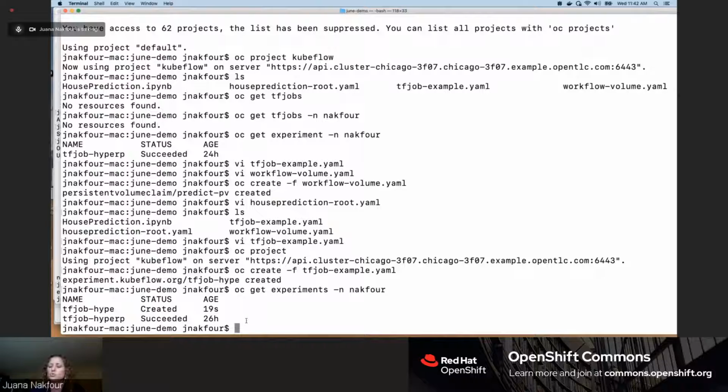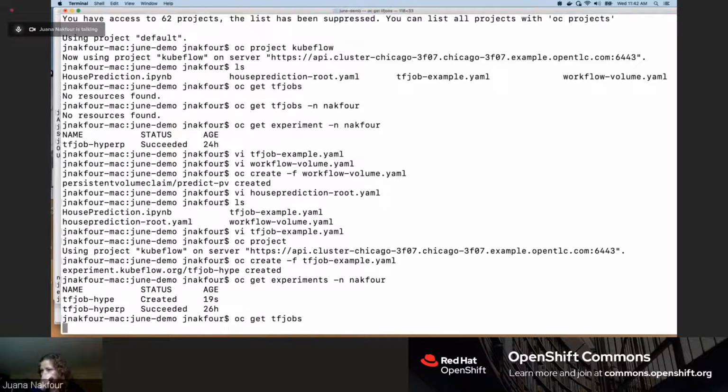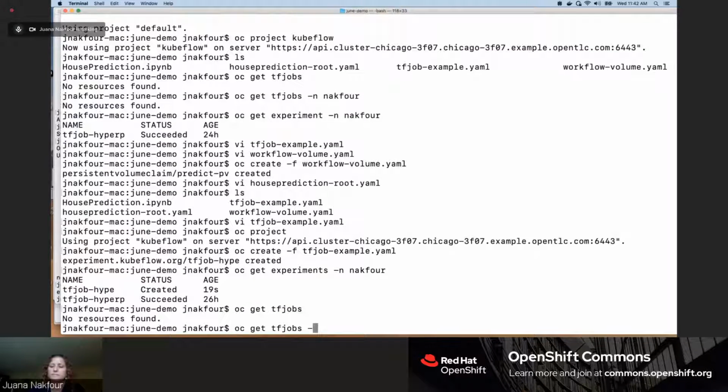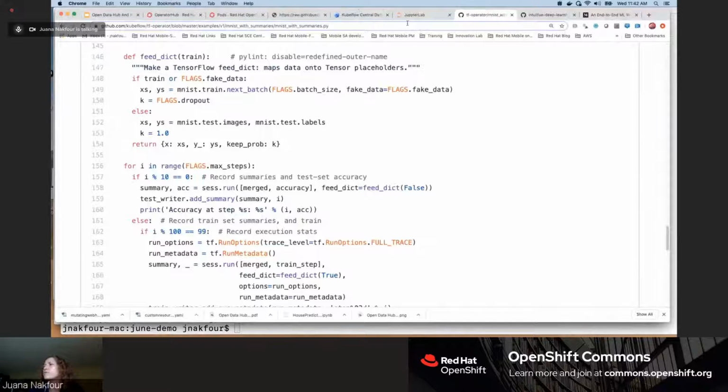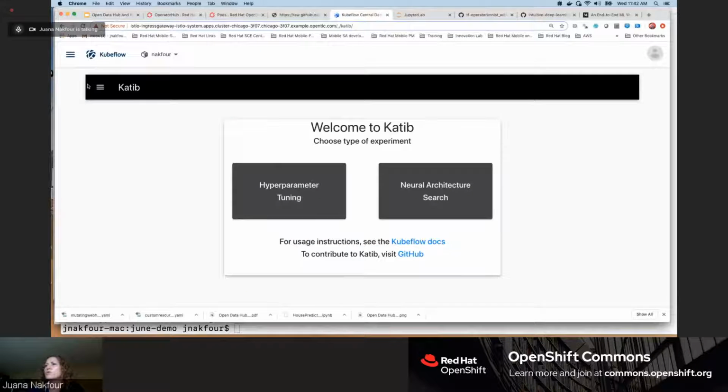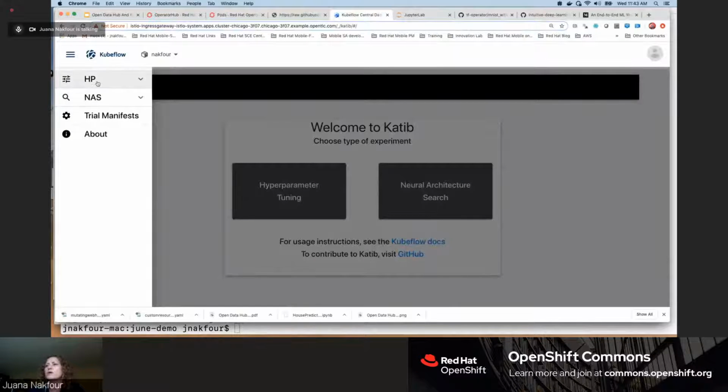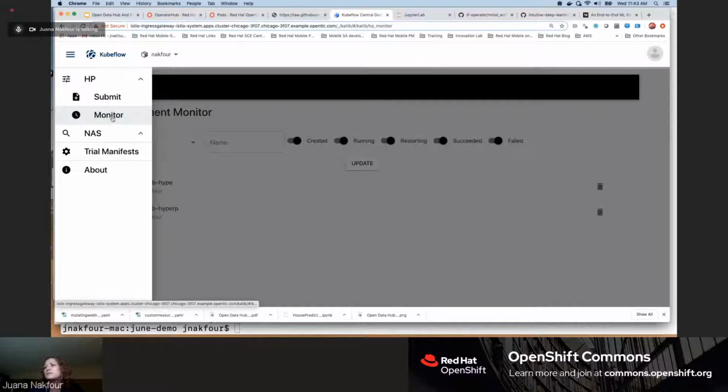And if we look at the TensorFlow jobs, all right, you'll see that 3 of them are running in parallel and they are getting the parameters. And I will show you on the UI something that I ran before and how the results are going to show up. So if we go to Katib and we go to hyperparameter tuning and monitor,